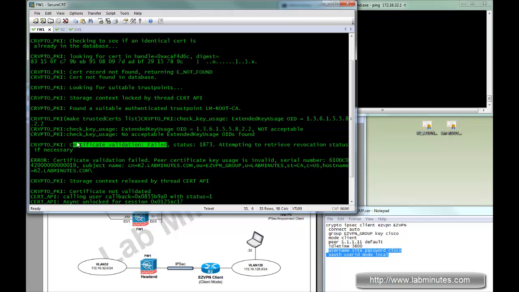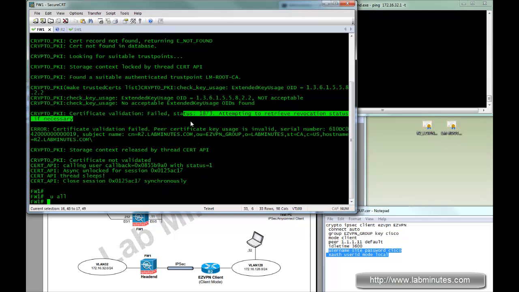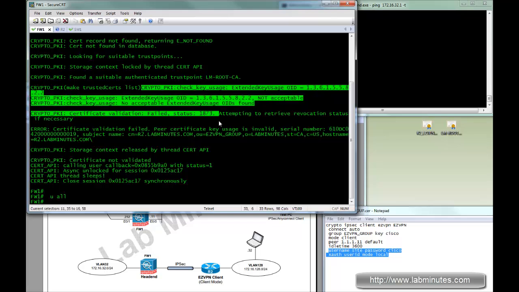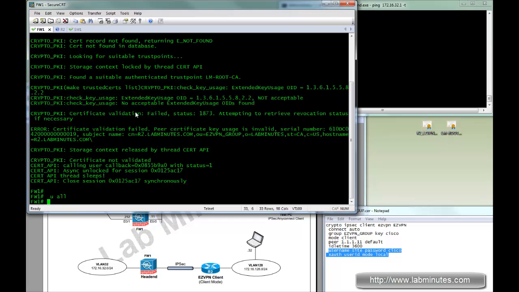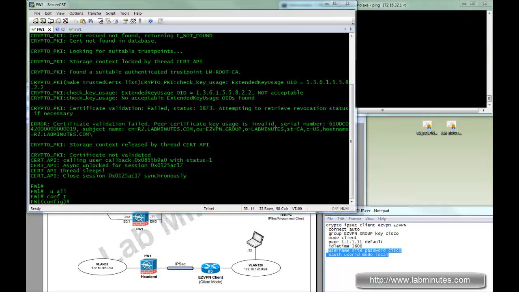Okay, and the reason for that, from what I've seen and read, is that for the certificate issued by the Microsoft 2008 certificate server, the extended key usage OID is either not acceptable or not recognized by the Cisco ASA. So if you run across this issue, when you run debug crypto CA and it comes up with this particular error message that caused the certificate to fail, then what you would need to do on the ASA